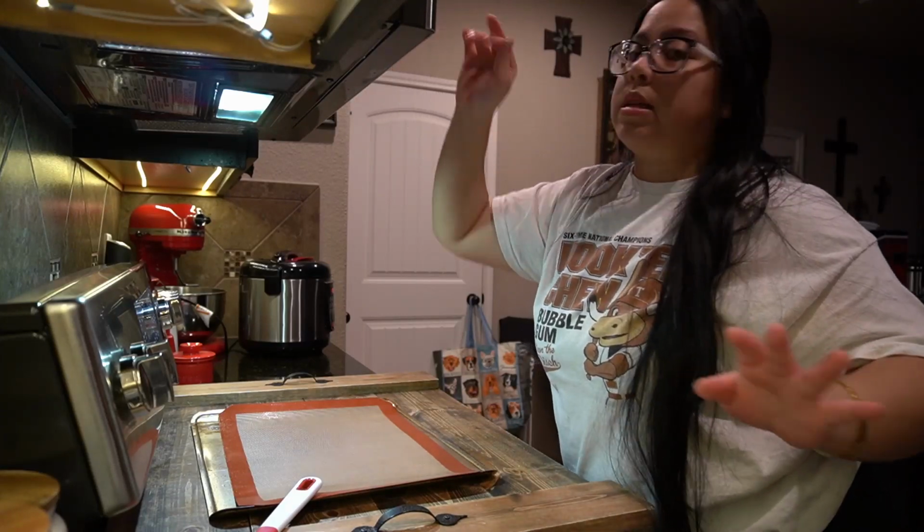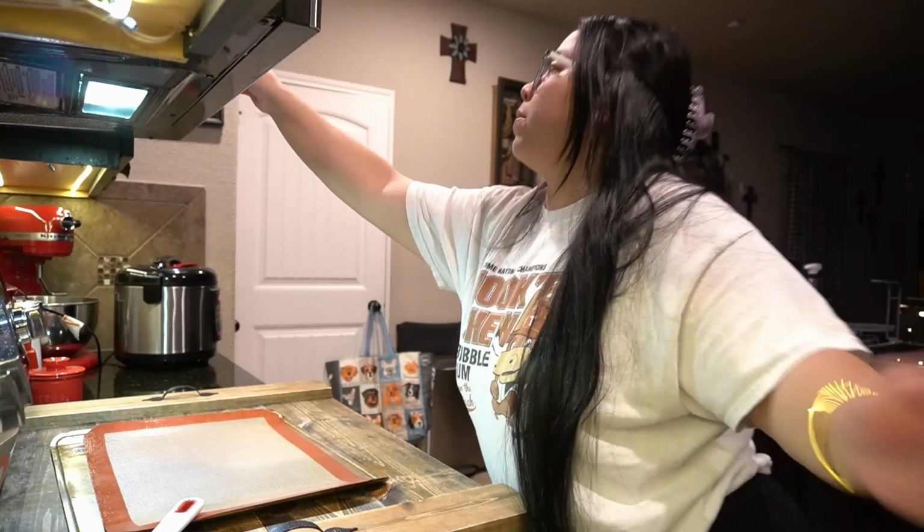Let's do 30 seconds again. Alright, y'all, so you want to keep on popping the chocolate bars into the microwave until it's completely melted and liquefied and completely mixable to where you could spread it onto this mat. You definitely don't want any pieces that are solid. Let me go ahead and check